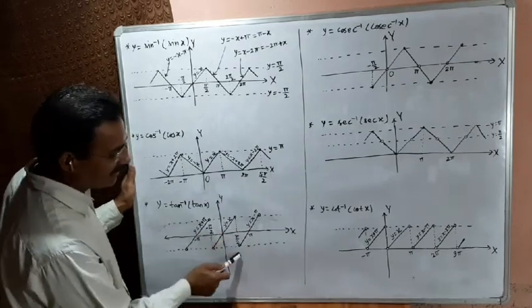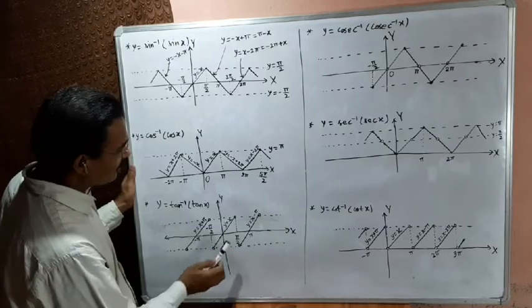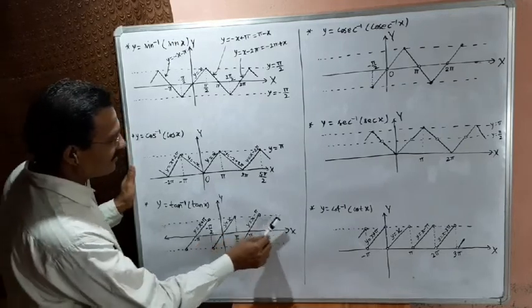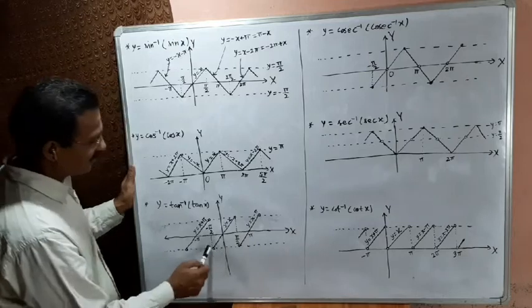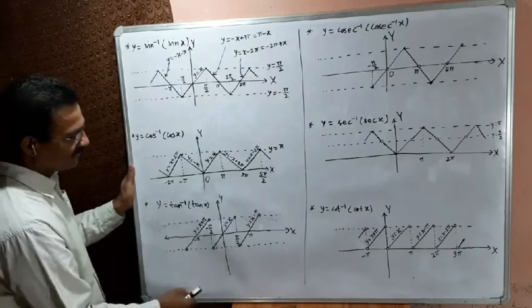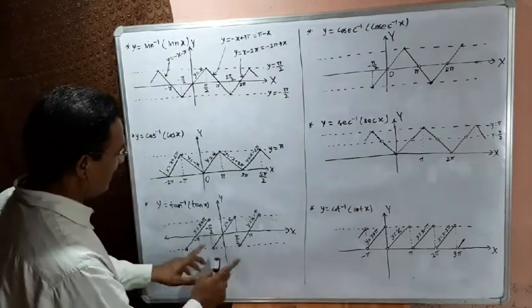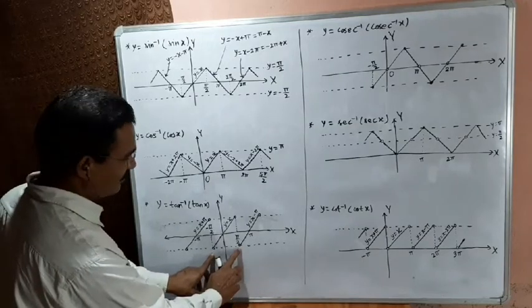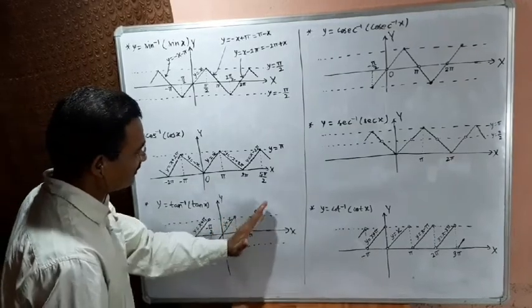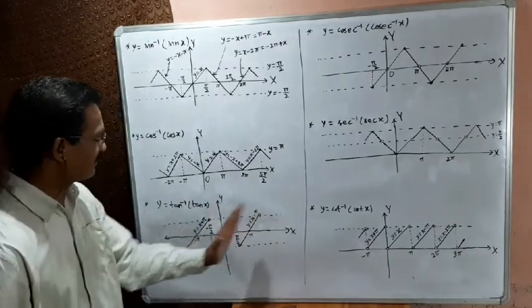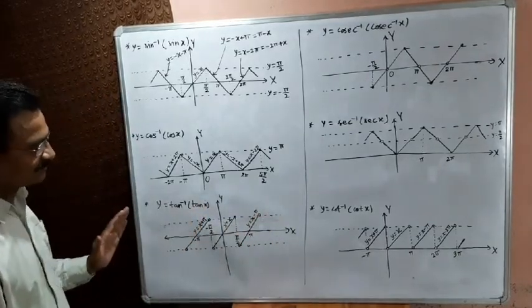This is also noticeable, and at pi this will be 0. Meaning we will find a parallel line segment. The period of tan x is pi, therefore the graph everywhere will be the same as between minus pi by 2 to pi by 2. Therefore this will be just extended everywhere. This like this, like this, like this.